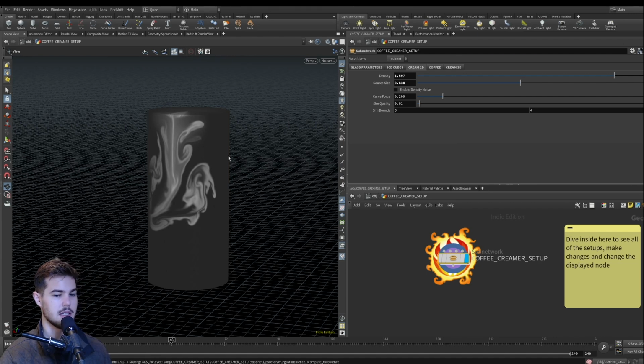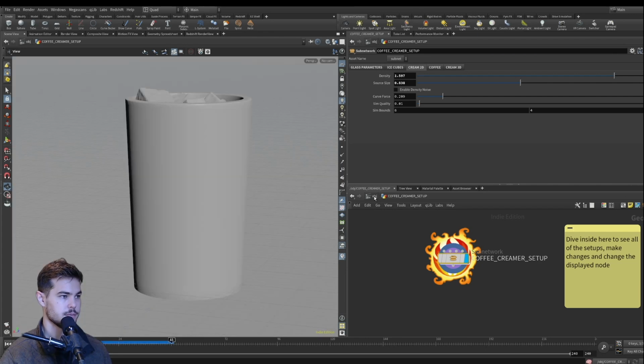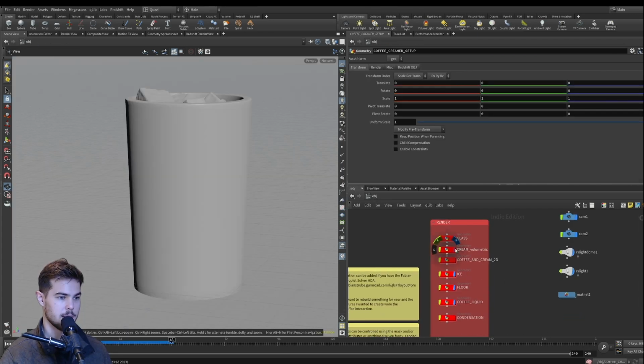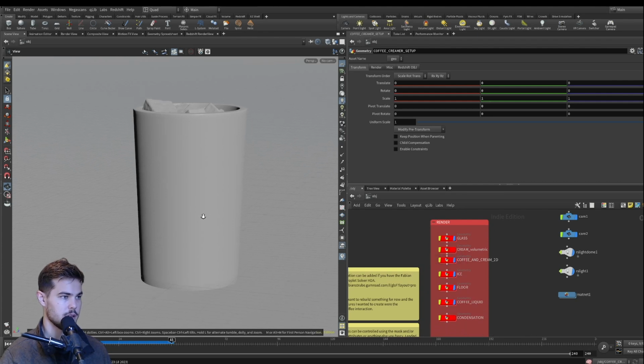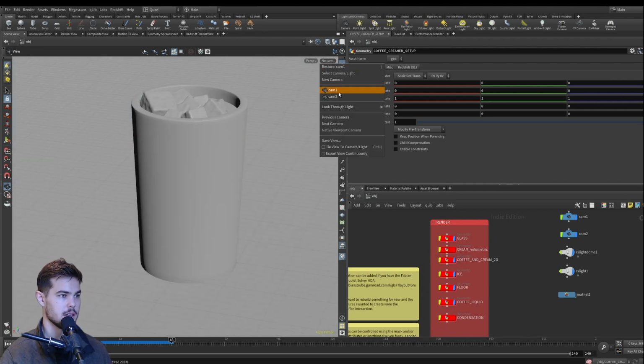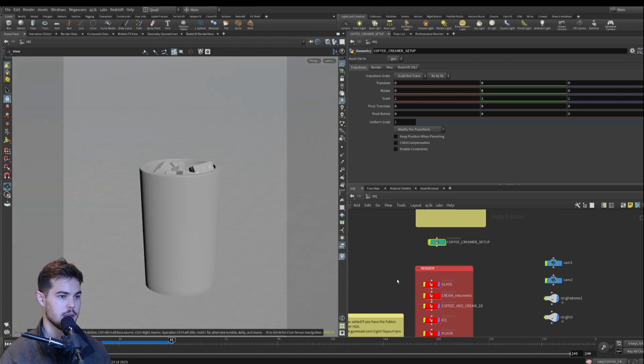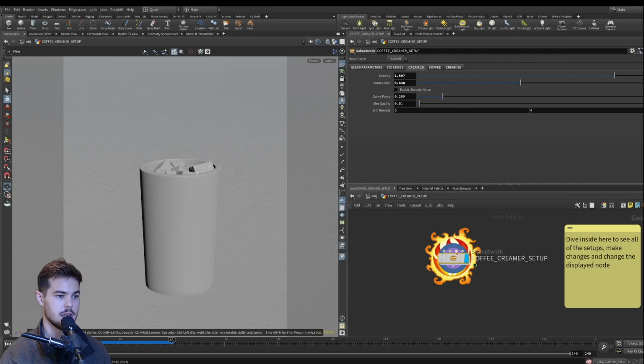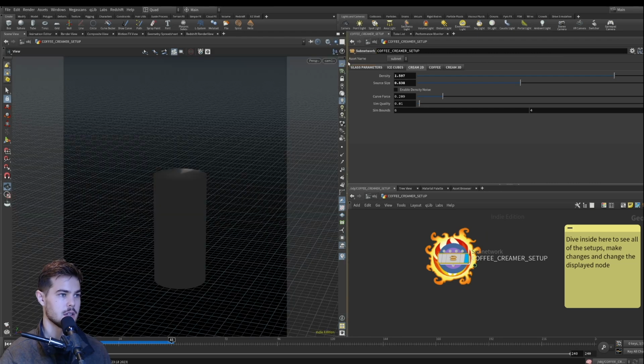you might not be able to see everything, and I think I may have left the 3D simulation on, so it's calculating that too. Just make sure to click that off before you show everything. It should be relatively quick to calculate, but yeah, it's going to have to recalculate. So yeah, that's fine. Let me turn off the cream volumetric and turn the coffee cream 2D back on. So yeah, we have the 2D coffee on, and